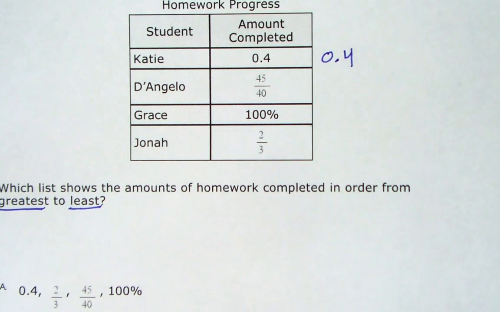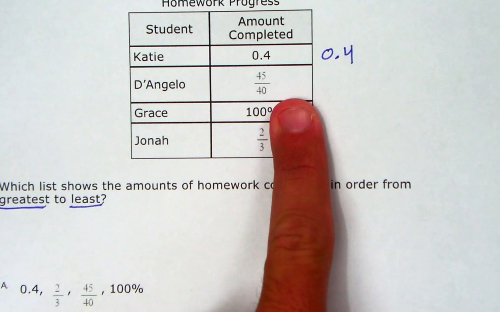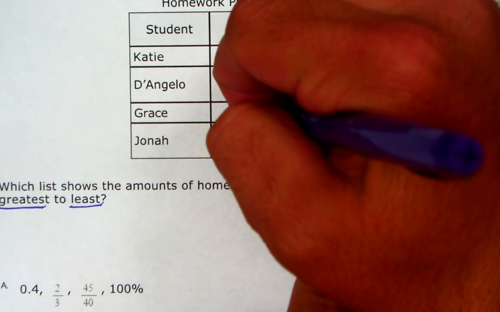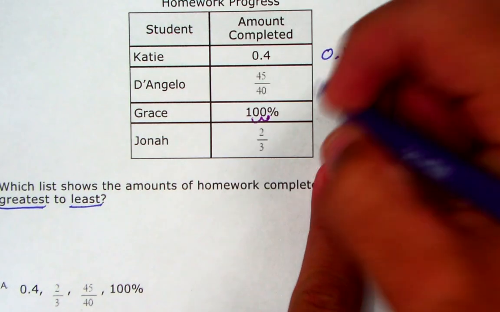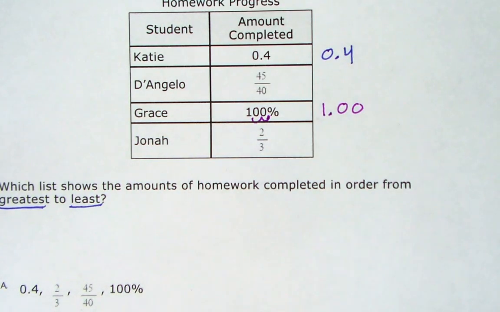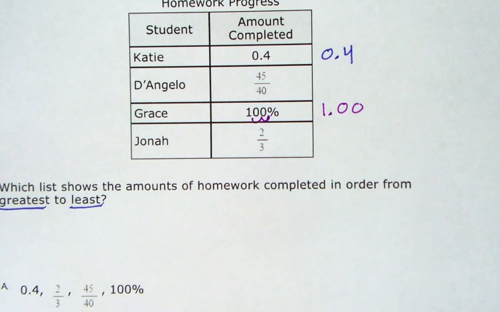Grace, how do you convert a percent into a decimal? Cover up the percent sign. Since it's a whole number, put the decimal behind it. Move it 2 places to the left. There's your decimal. Now the last 2 are fractions, so all you're going to do is tie bow, top in,